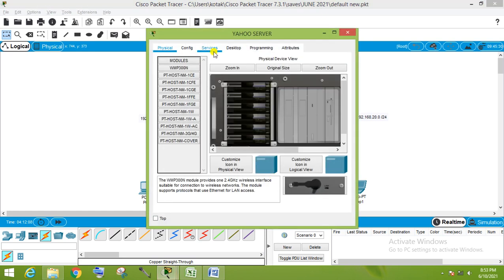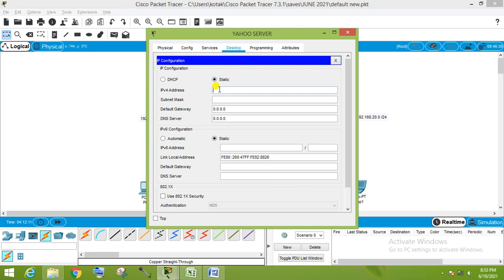The VI server is 50.0.0.4, gateway 50.0.0.1.